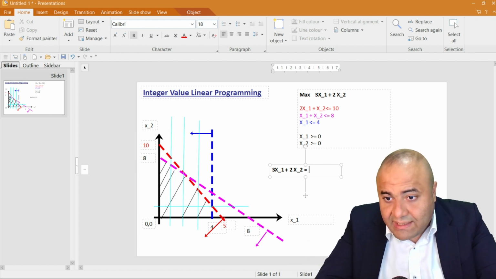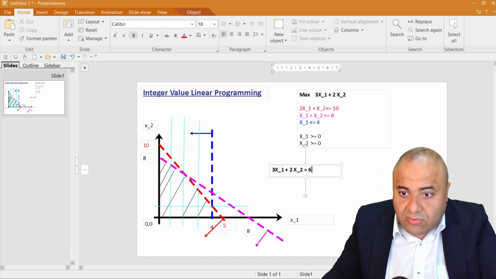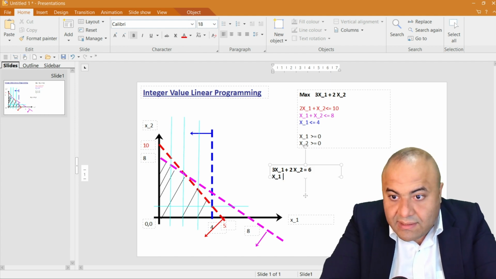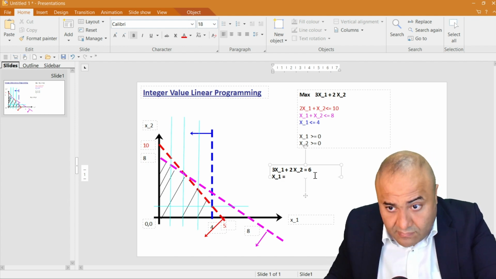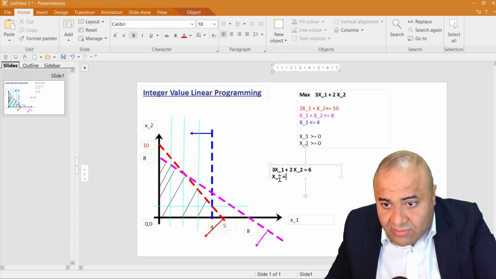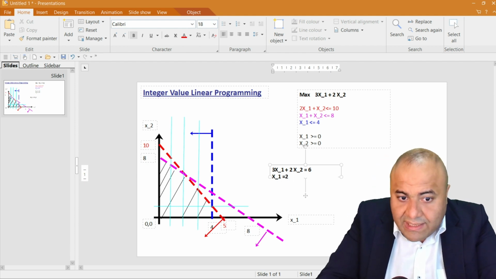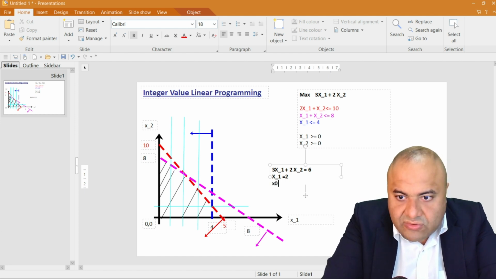So let's say we will start by having 6. So 6 makes x1 equal, now 6 when x2 is 0, x1, how much will it become? It will become 2,